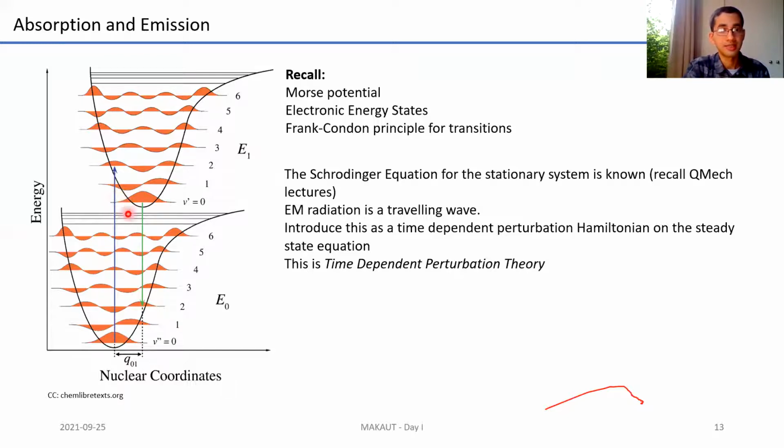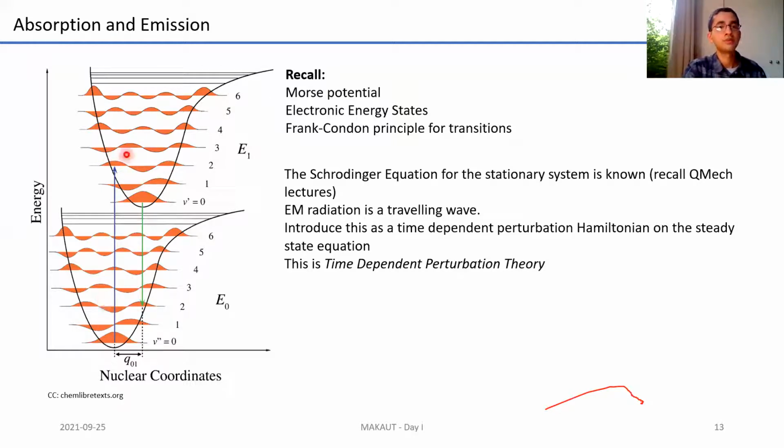What essentially happens is that there is a transition from the ground electronic state to an excited electronic state. Vibrational states may change, and this kind of transition is governed by something known as the Franck-Condon principle. I won't go into details of this because it requires a bit of quantum mechanics and is going to take up a lot of time. I'm not an expert on this, but suffice it to know that this transition is defined by what is known as a transition moment integral. There should be a reasonable amount of overlap between the two vibrational wave functions for this transition to take place. I'll come back to this a little bit later.